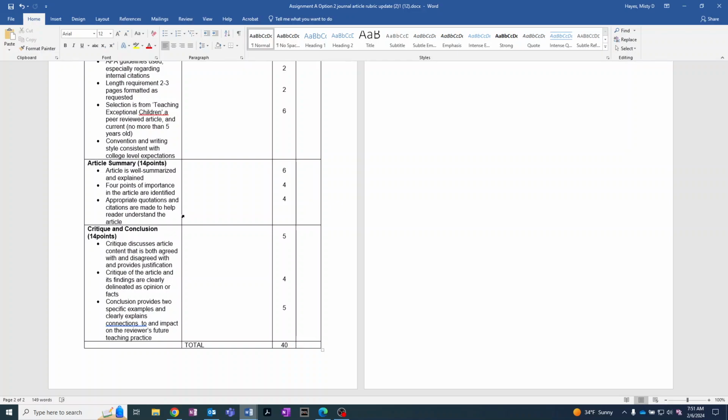Did you include the 4 points of importance? Are they identified? And then if you used any quotations or quotes directly, can I understand it? And did you cite it? And then the last criteria really is looking at your critique and your